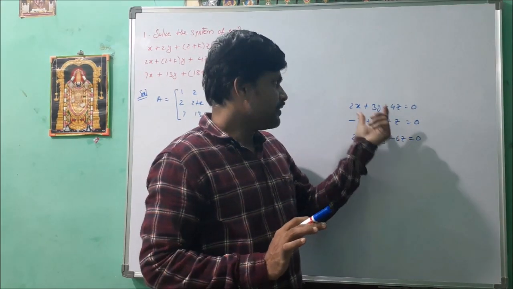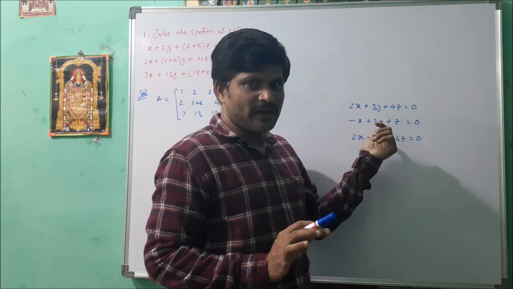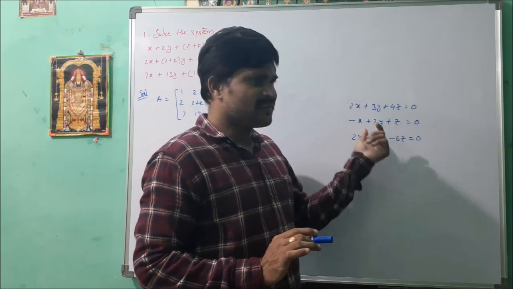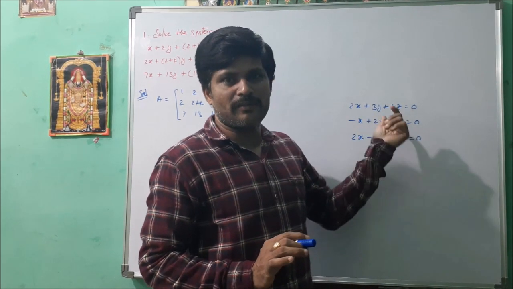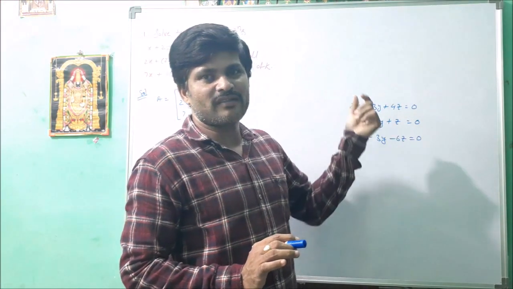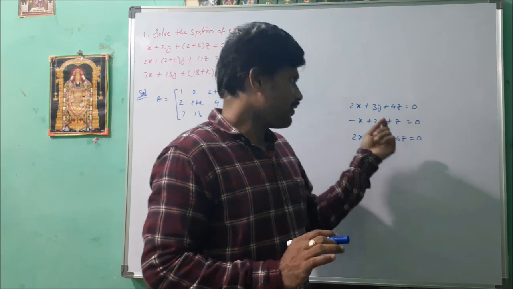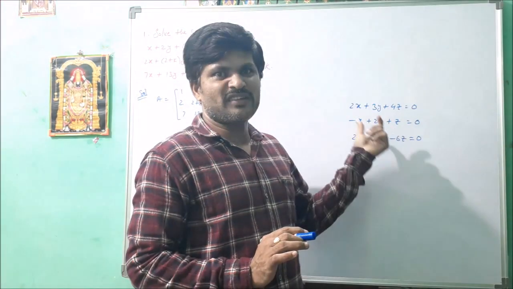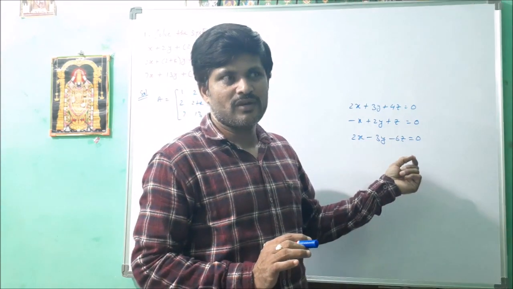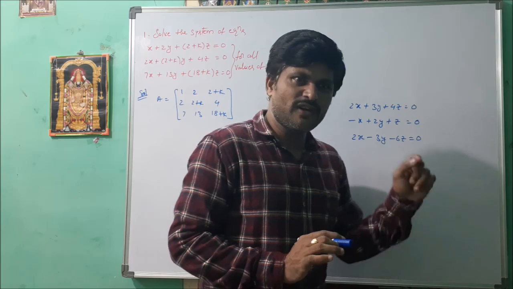Now here we find the rank of the coefficient matrix. The system has a trivial solution when the rank equals the number of variables. The system has a non-trivial solution when the rank of the coefficient matrix is less than the number of variables. This type of problem was already discussed, so here we discuss a different model.